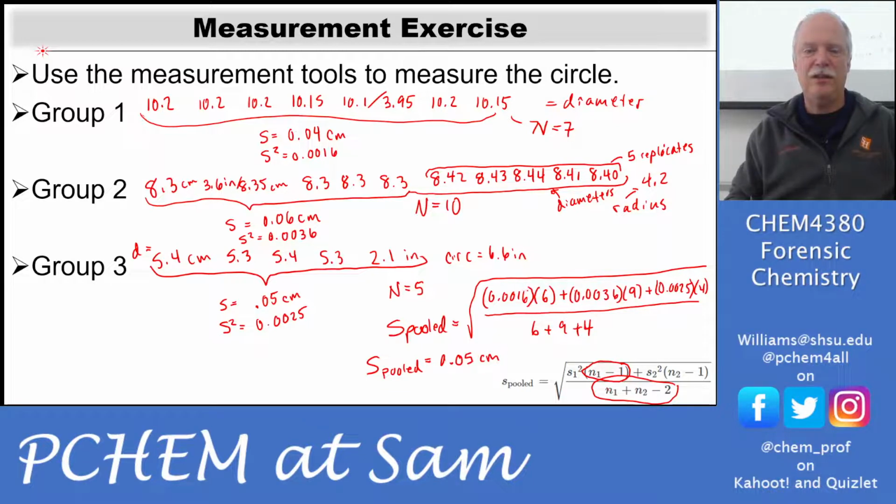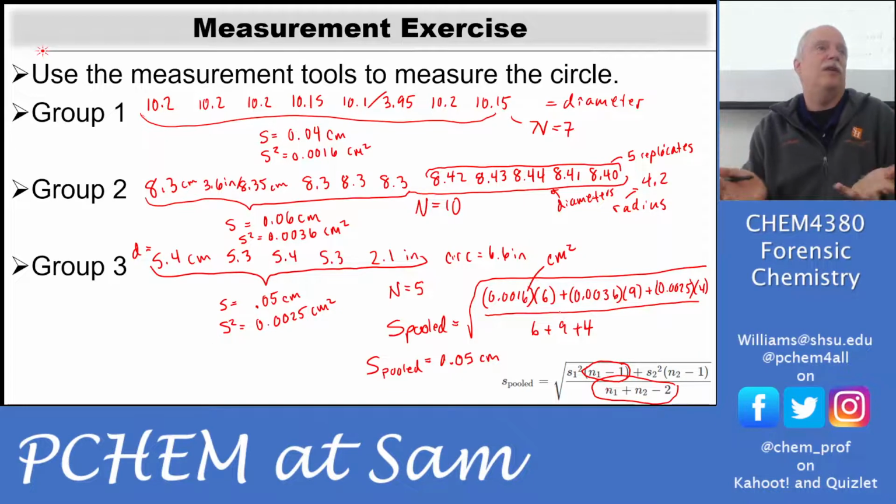And so I didn't put the units in here. So these units in here are centimeters squared, right? Because we squared these. I just want to make sure you see that the units work out. And so we have all these centimeters squared. The numbers of data points are just numbers. They have no units. They're also exact numbers, meaning they're counting numbers, and they don't limit our significant figures.